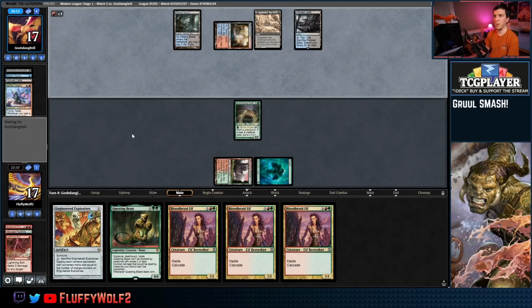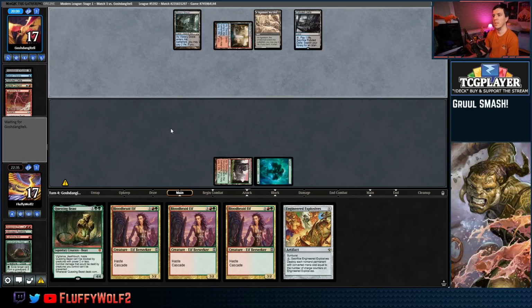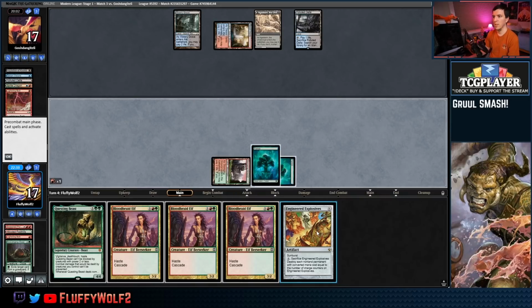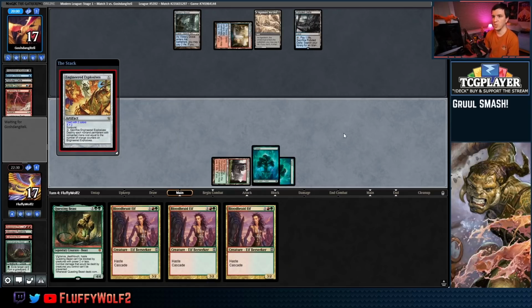Polluted Delta for our opponent here. Looks like a Bolt. Completely fine with us. Show me the Scourge. Show me the Scourge. I'll probably just put this Engineered in blind on 2. Looking for lands. We do hit our land. That's good. Let's go ahead and put the Engineered Explosives in on 2. Not so afraid of a...